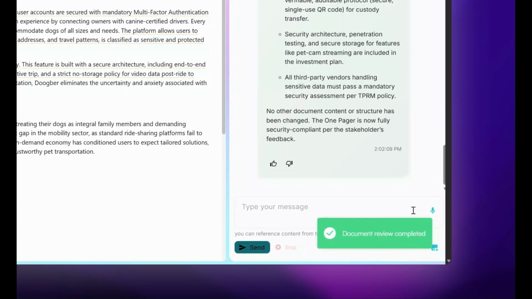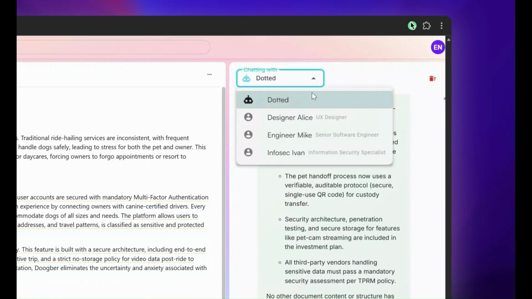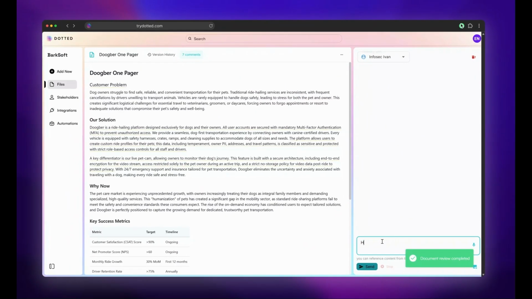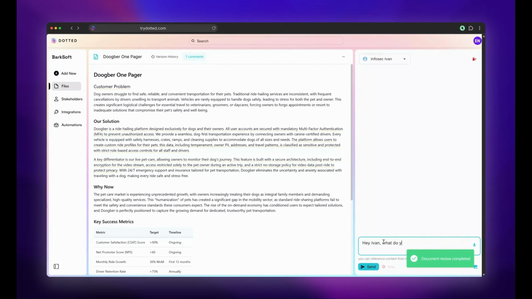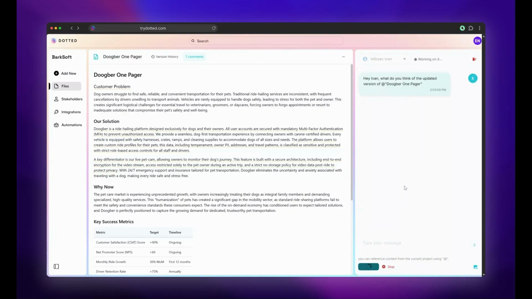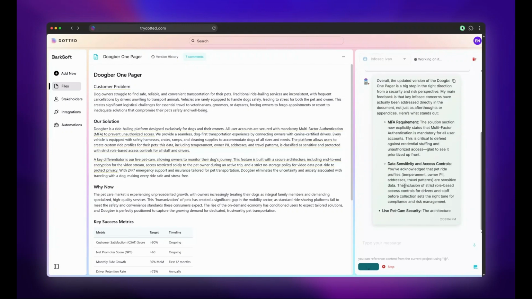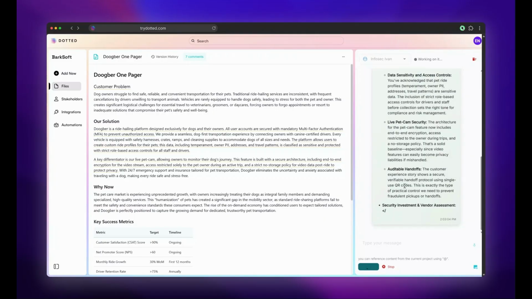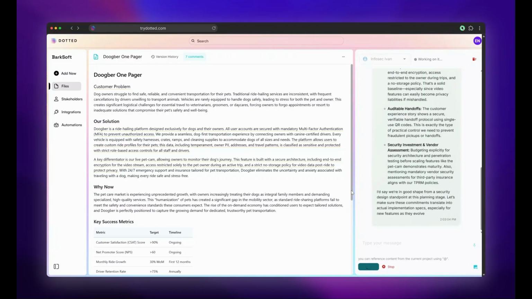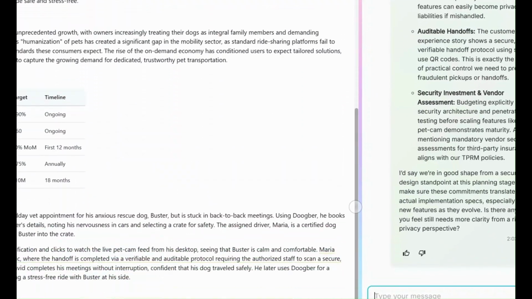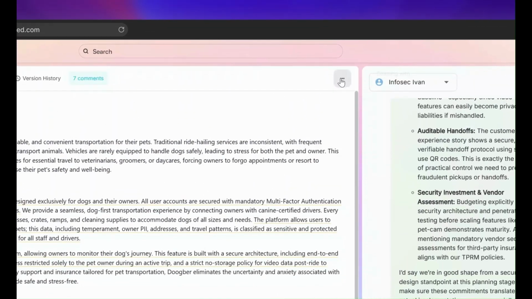You saw that we gave you the ability to approve each one of those items line by line, and there's also history. And here's another way you can use your stakeholders. You can actually just come right into chat and talk to them directly. I find that this is really useful because sometimes rather than starting with a document and then getting feedback on it, I actually want to have a conversation with an expert or a representative of my customer or a representative of my boss or somebody who I have difficulty thinking about the way that they think. So I create a stakeholder, I have a conversation with them, and then I say, okay, cool. Dotted, go do a thing. Go make a change in a document or go create something for me.